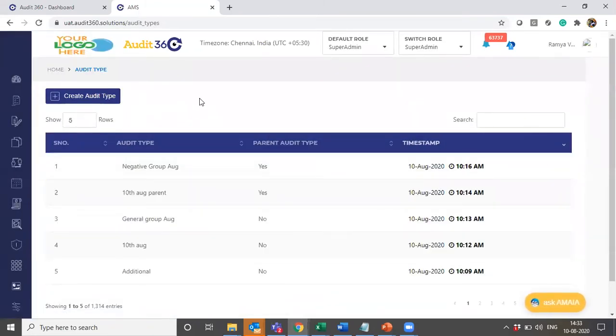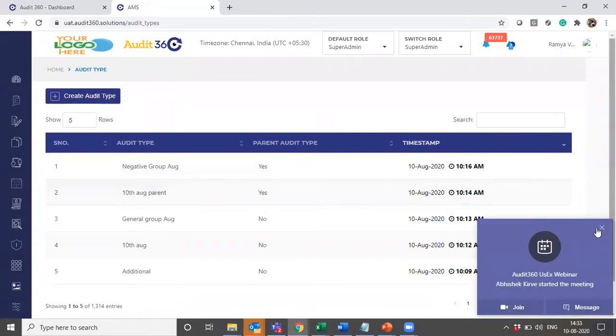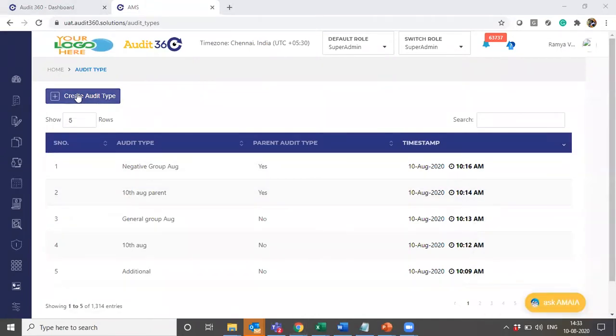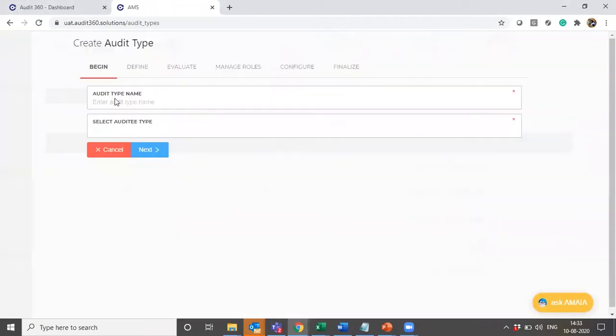There is a new column which has been added. I'll click on create audit type and show you how we can set the sequence.